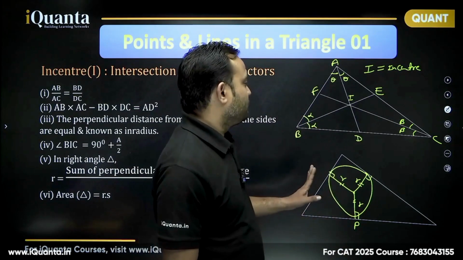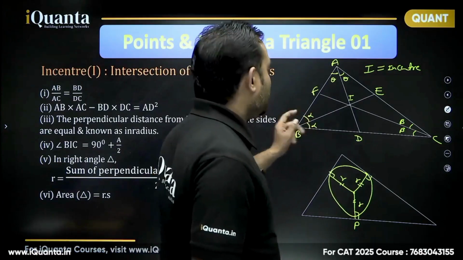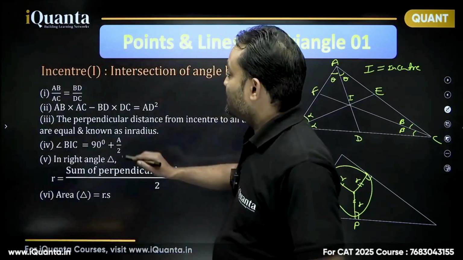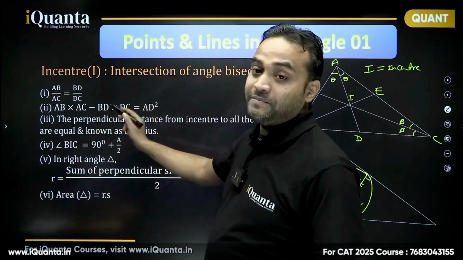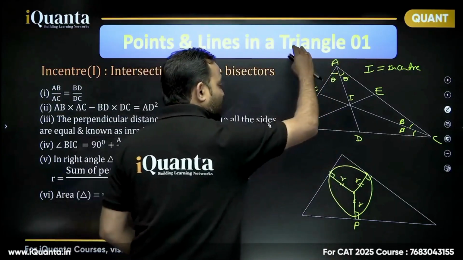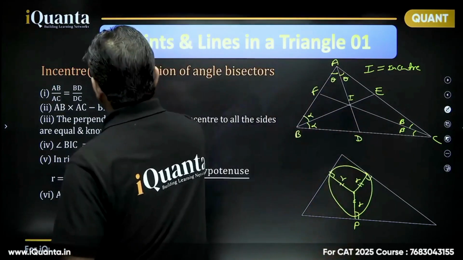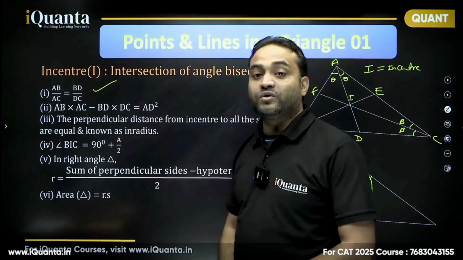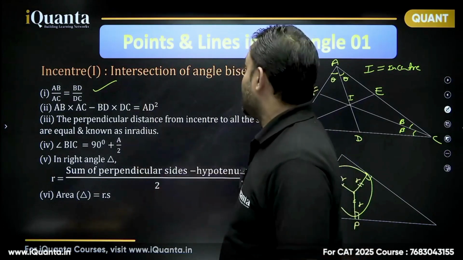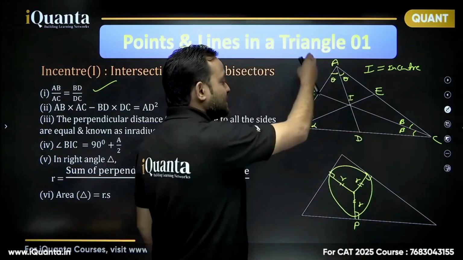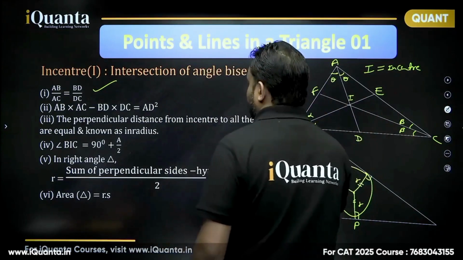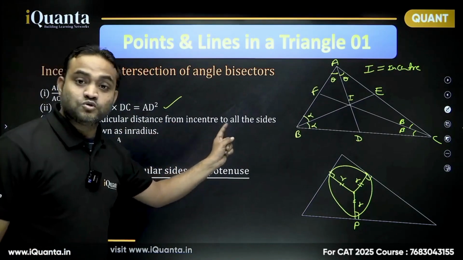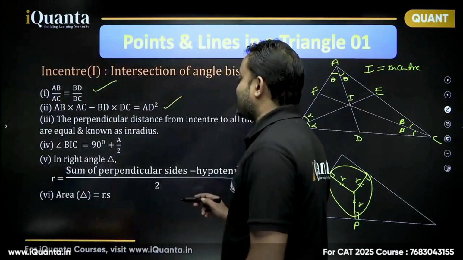Okay, not always. Now what are the properties that we know about incenter, inradius, angle bisectors, all of these? So first of them, AB upon AC is equal to BD upon DC. Second point, AB into AC minus BD into DC is equal to AD square. Now this theorem helps us finding the length of the angle bisector AD or BE or CF. Then comes the third point, the perpendicular distance from incenter to all the sides are equal and known as inradius,